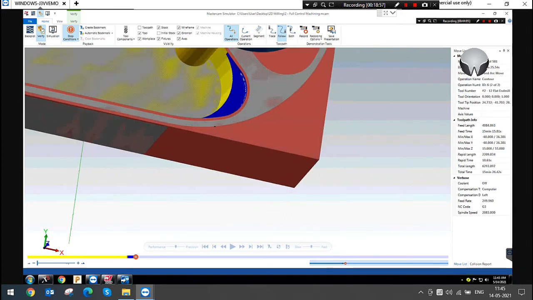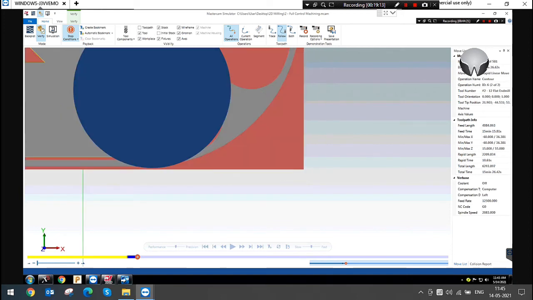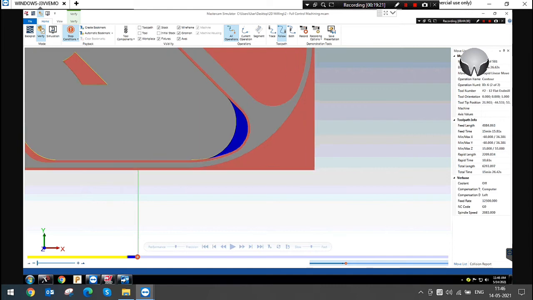Okay, brother. The clearance, what is clearance? Before the stock, it will go a 2 mm clearance before the leftover. Yes, the clearance is the tool begins from 2 mm. It will not direct plunge into the leftover stock.